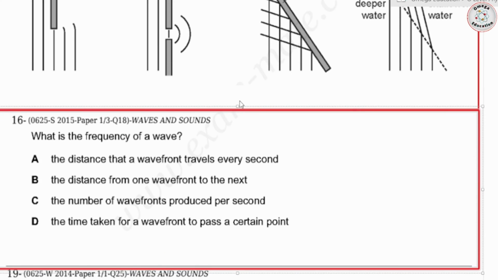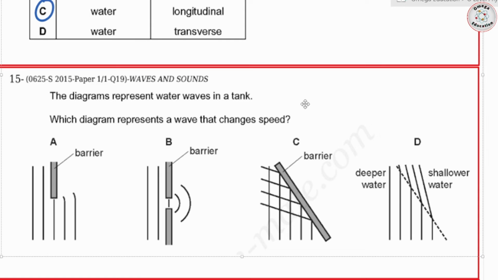All right, then we have the next one. The diagram represents water waves in a tank. Which diagram represents a wave that changed speed? So the wave that changed speed, we have to represent that. This is a process of